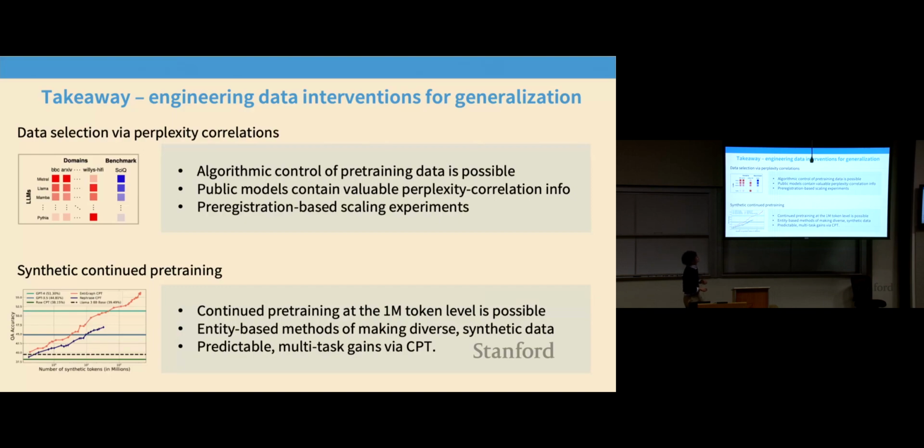So the first part was about data selection, and that was basically saying there's this big wealth of information, which is models other people have trained, and we can use that to try to understand what high quality data looks like. And there's some promising signs that that's possible. In the second part, I was talking much less about the compute bound setting, but much more the data bound setting. And there, synthetic augmentations and continued pre-training allow you to build models that, without using a retriever or any kind of external augmentation, can do really well in answering narrow domain-specific questions. So that's an exciting potential new direction coming up.